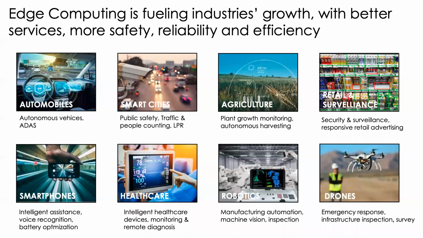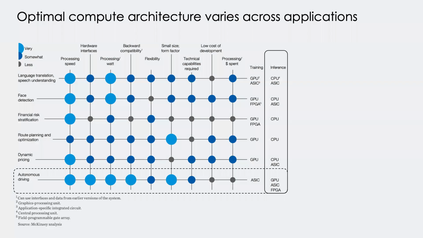However, although edge computing is really impactful, there are some large challenges that we need to deal with. If you now look at the slide, what we are trying to understand here is the optimal compute architecture that you would have. It really varies across applications. If you look at autonomous driving, for example, the need for processing speed, energy consumption, flexibility, or even the amount of dollars spent, that is the amount of cost that you would want to bear in order to implement such on-device processing, vastly varies from other applications. For example, if you compare it to face detection.